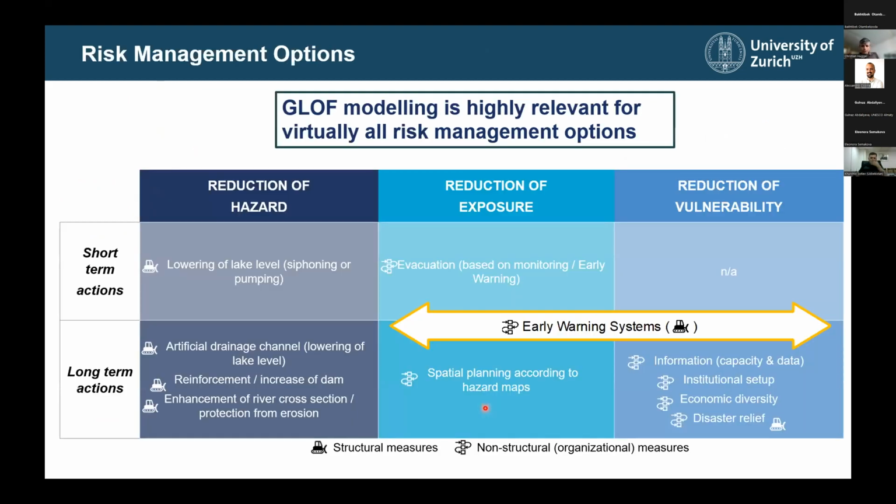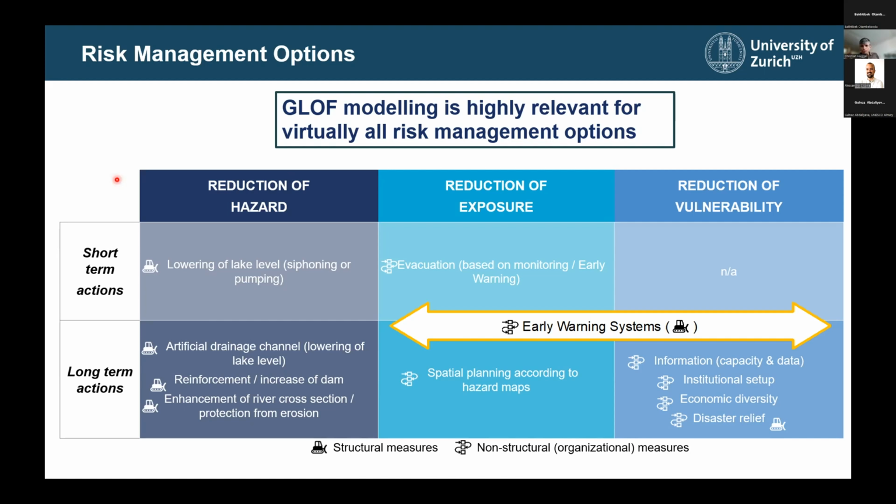Now, I would like to put this in the larger context for you from overall risk management options. GLOF modeling is highly relevant for virtually all risk management options, and I already have touched on several of them. Let me give some examples, for instance, lowering of lake level, siphoning, or increasing the channel. Your colleagues in Central Asia have quite a bit of experience in that, and in former times, of course, this was possible without modeling. But with modeling, I think you can do it even much more targeted,